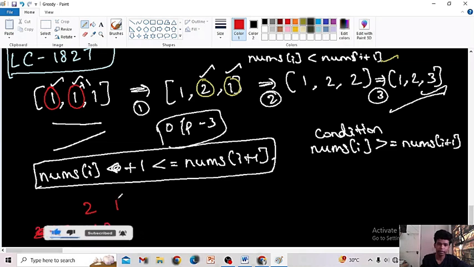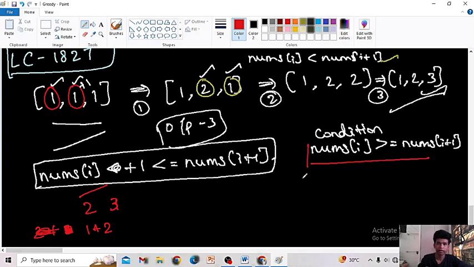Because I can increase this 1 by 2 and make it 3 so that it is strictly increasing. So I can say if this condition arises, what is the operation I have to do? The operation I have to do is nums of i minus nums of i plus 1,